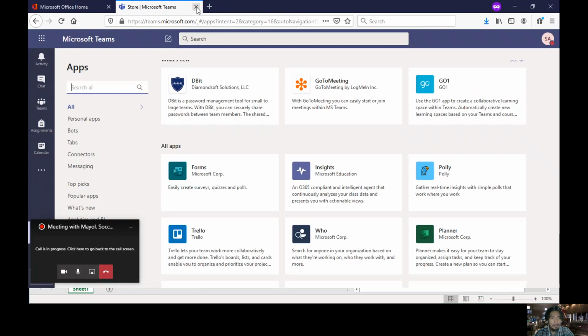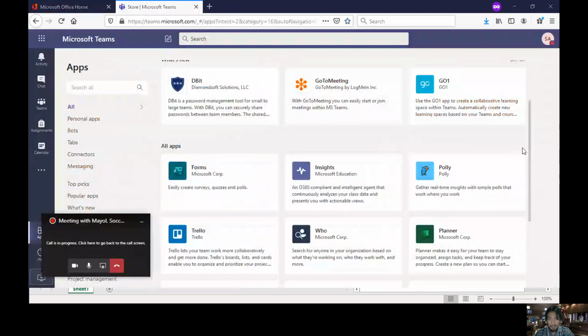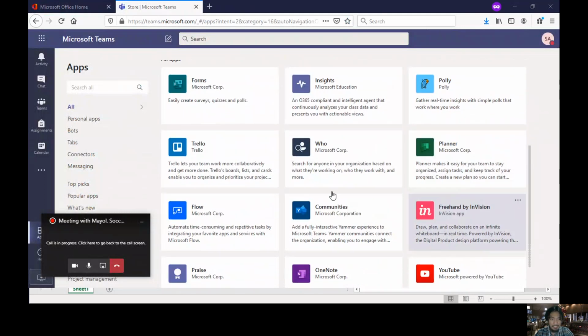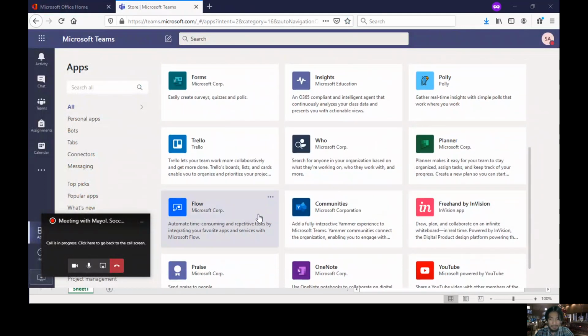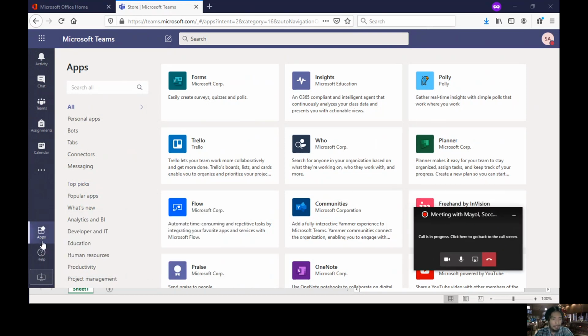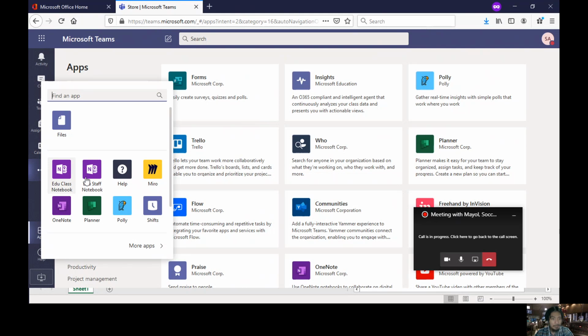Other tools that this platform has are this one. Planner is actually for teachers and students to plan ahead their schedules. There's Flow. This is actually a project management tool. There's Polls. Polls is a survey tool. Like for example, if we're going to do a survey,